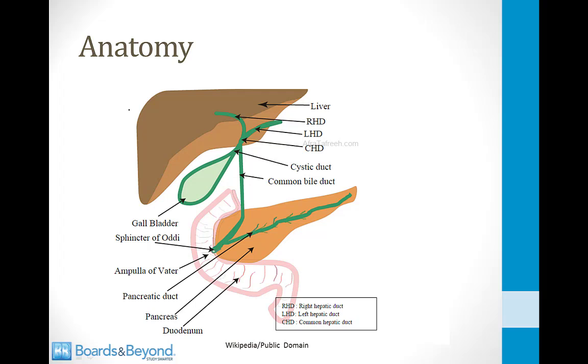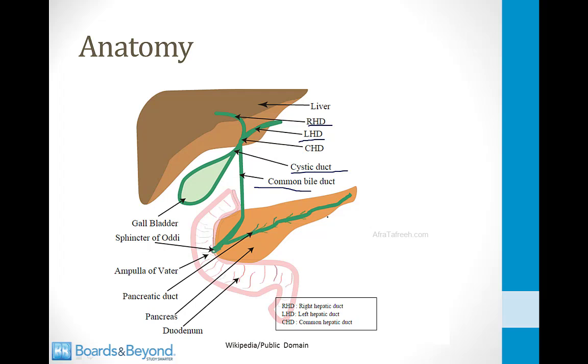Bile, as you may know, is formed in the liver and then it drains into the gallbladder. There is a right hepatic duct and a left hepatic duct which drain bile into the gallbladder through the cystic duct, which is shown here. When the gallbladder contracts, it can push bile into the common bile duct from which it can drain into the